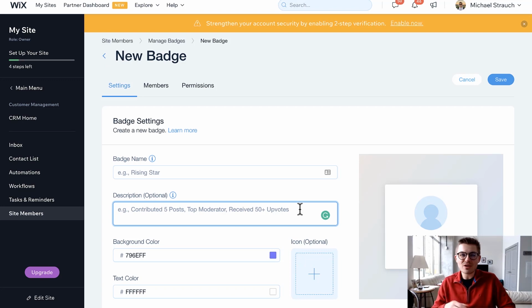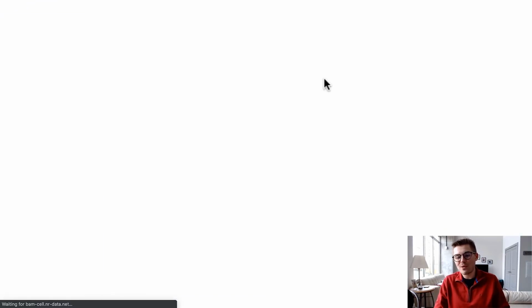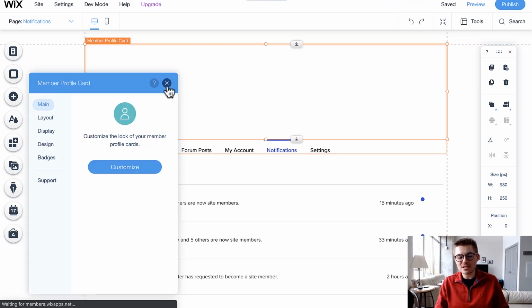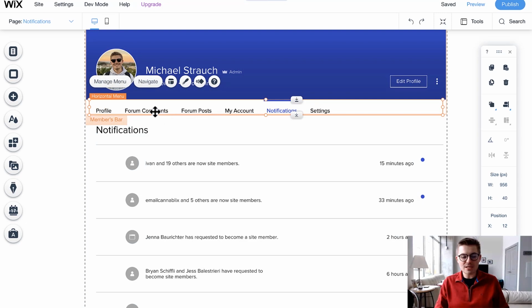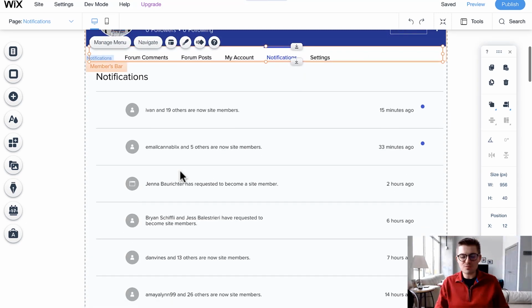So it adds a fun level of gamification and it drives up the engagement. So when you can use badges, I would encourage it because it does increase community engagement. All of your other page settings down here, you can design and change the elements on these pages as much